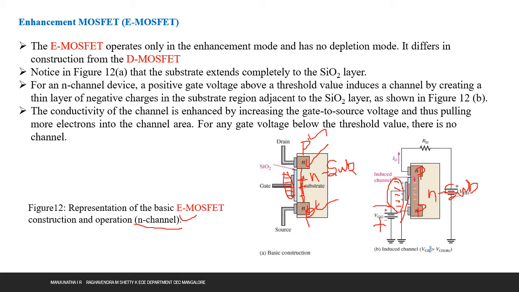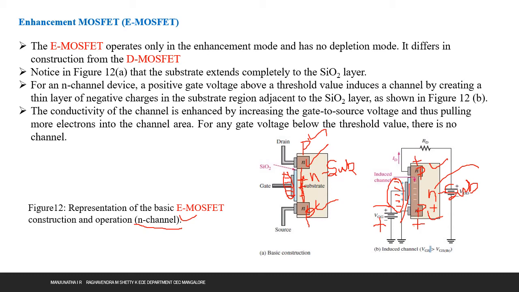So where can we find the positive charges more here? Because of two reasons. One is at the P region, these two P regions, and one is at the N region. This P region has majority charge carriers that are holes, right? P types. And in the N region, the minority charge carriers are still holes, P types, and the majority charge carriers are electrons.